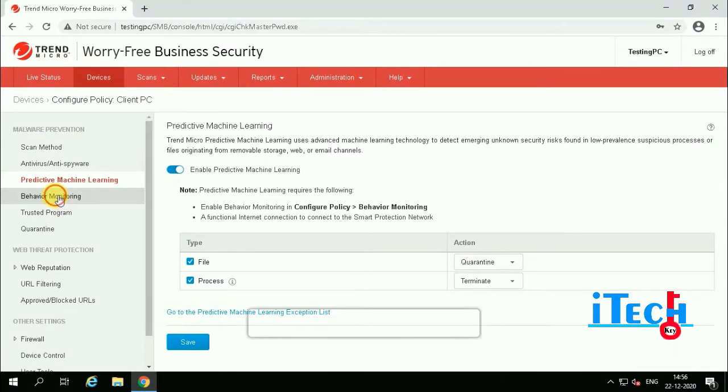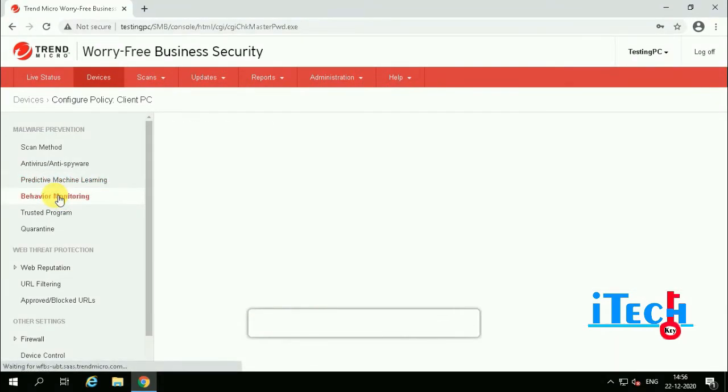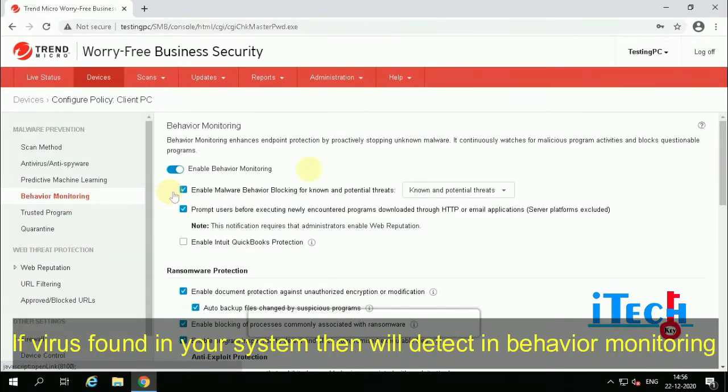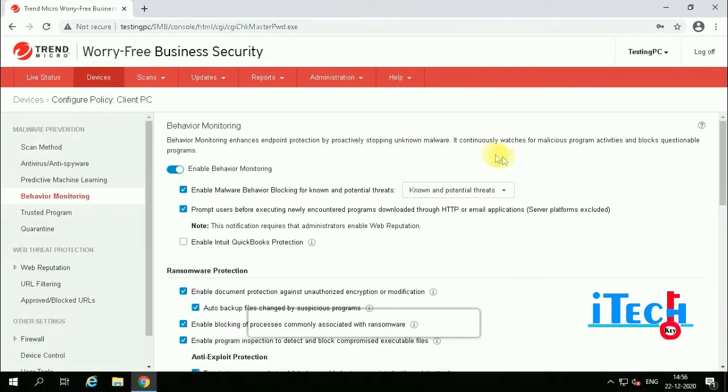Friends, now I am clicking on Behavior Monitoring. I am telling you a little about behavior monitoring. Behavior monitoring enhances endpoint protection by proactively stopping unknown malware. It continuously watches malicious program activities and blocks questionable programs.